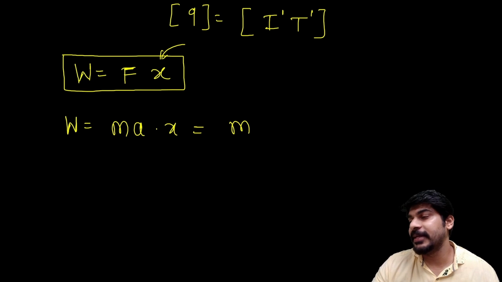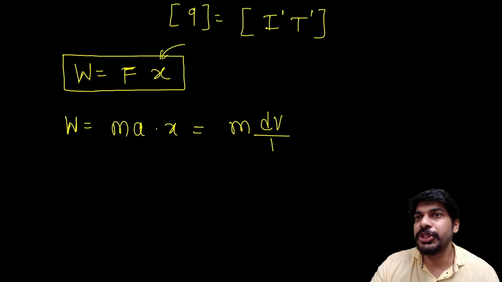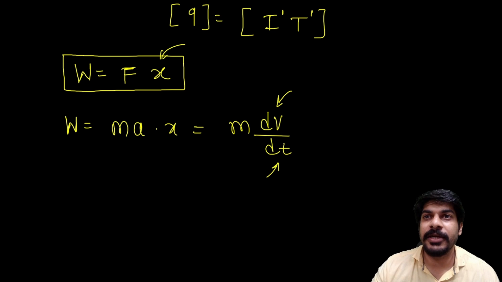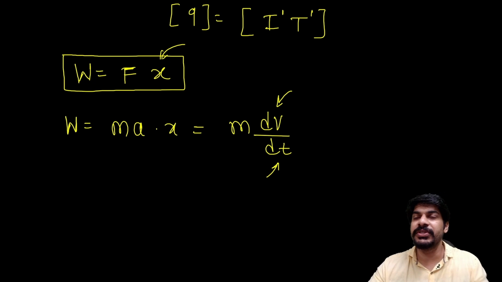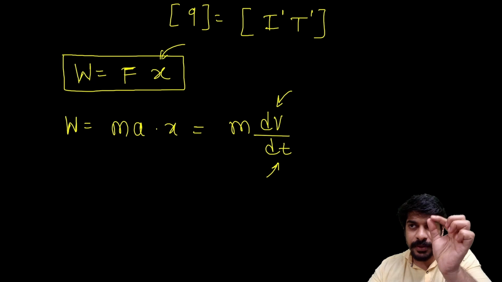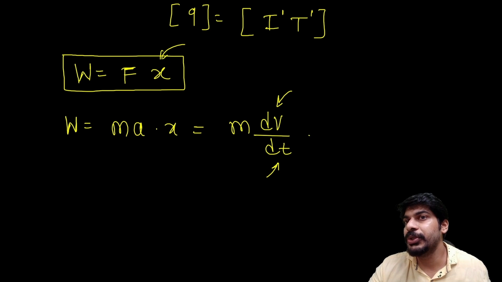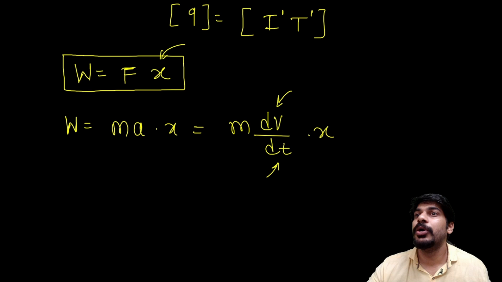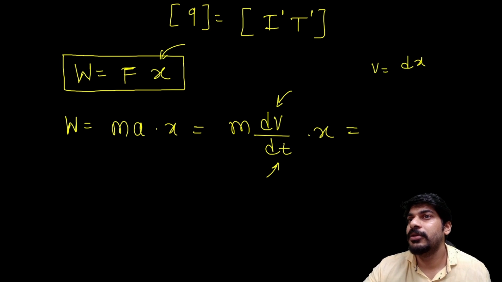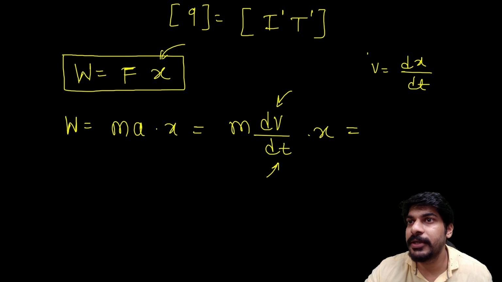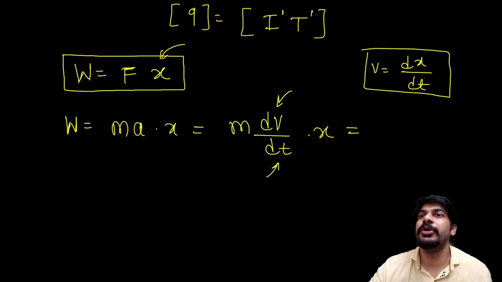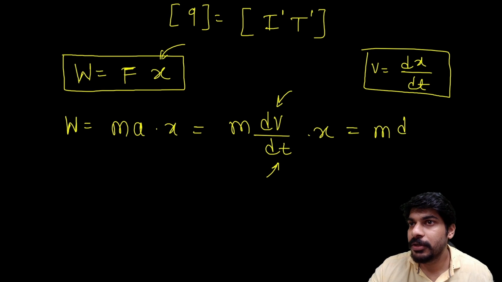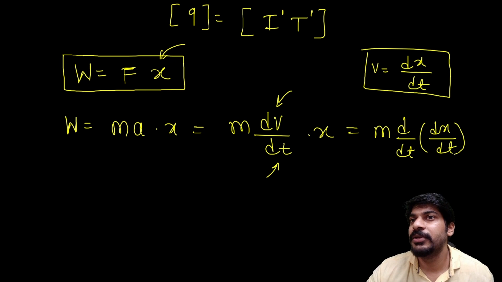It is given as rate of change of velocity. That means change in velocity divided by the time required for the change. Okay, dv is the small change in velocity divided by the small time required dt into x as it is. Again, velocity is not the base quantity. Velocity is what? Nothing but the displacement upon time required, isn't it? So what we can do is we can put it here. So it is m d by dt as it is. Now velocity is, as I have written here, dx by dt, okay, into x.